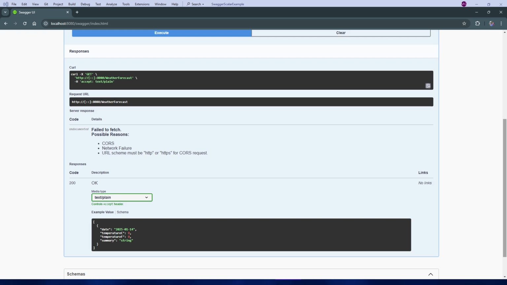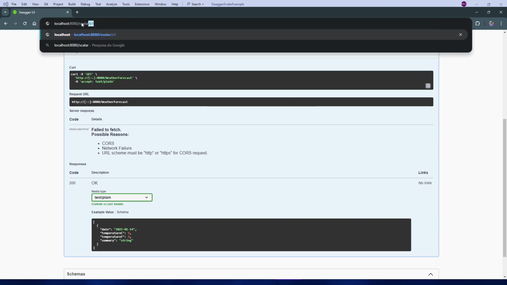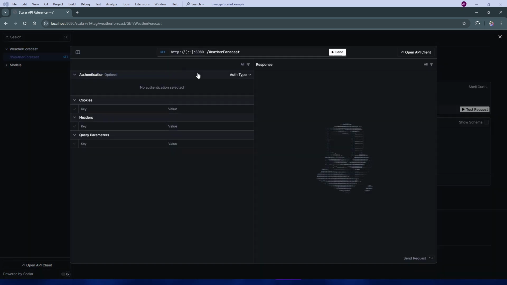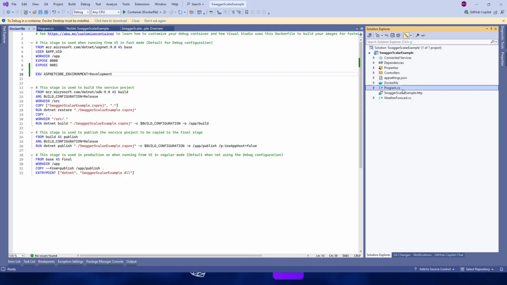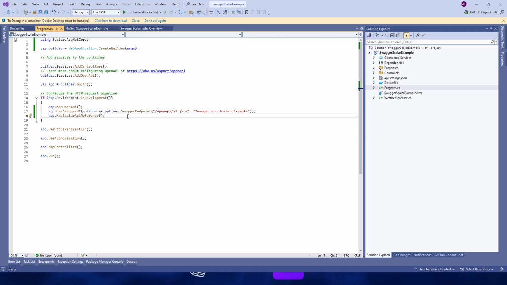The same problem occurs with Scalar, but it's possible to solve it. We can see that Scalar can see the domain of our application. To solve this problem for Scalar, it's very simple. Go back to Visual Studio, and in the Program.cs file, let's put this configuration for Scalar: options.Servers equals an empty array.